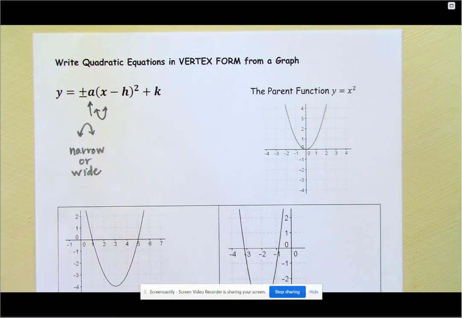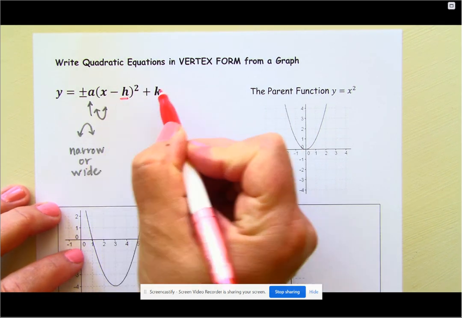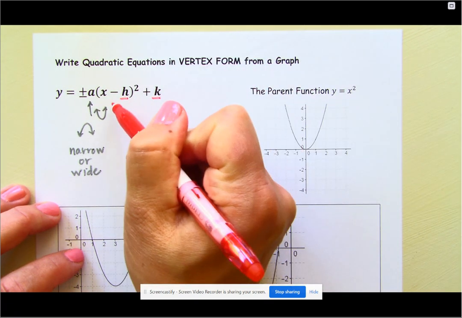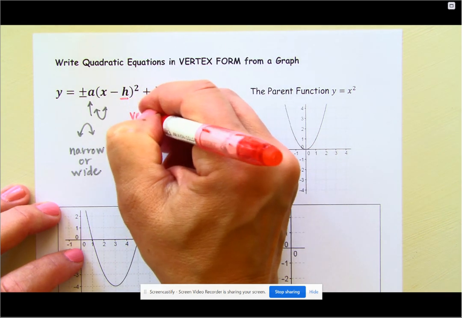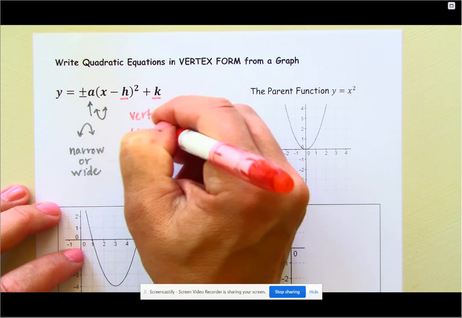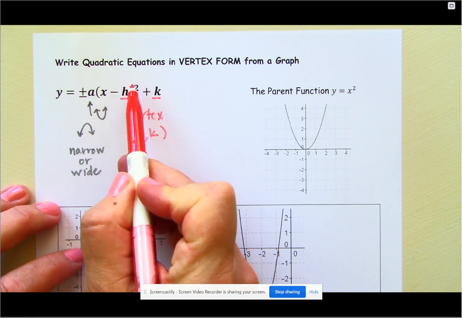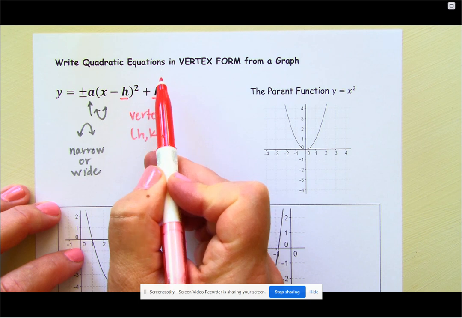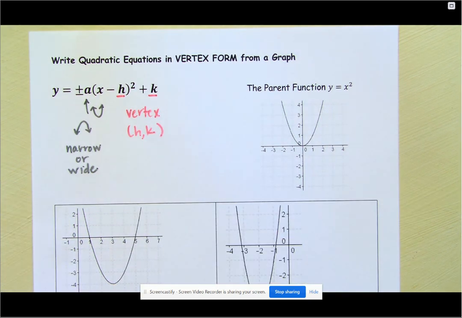Now, h and k are the vertex, and they tell you how much it shifted: right or left is h, and up or down is k. What can be a little confusing is the minus in the equation. So the vertex is just h, k. But remember, when it says minus for h, it moves to the right. When it says plus, it moves to the left. Plus for k means up, and minus for k means down. Okay, so let's get going